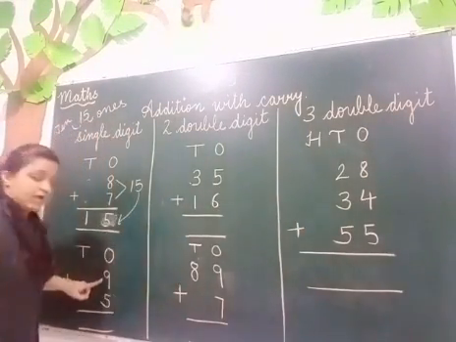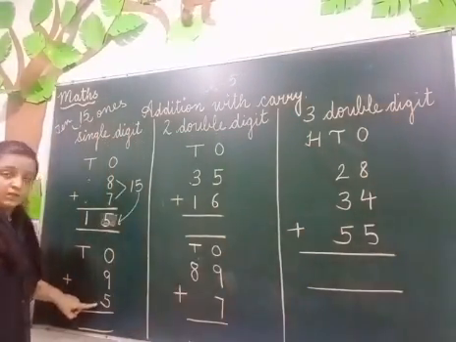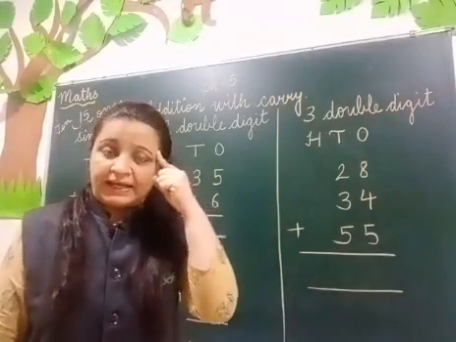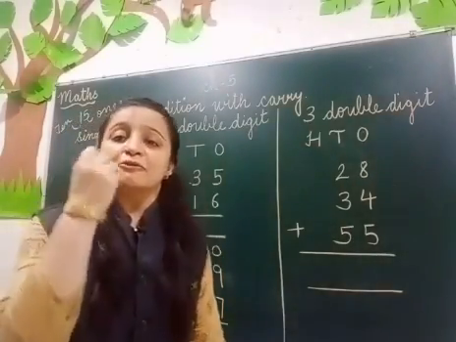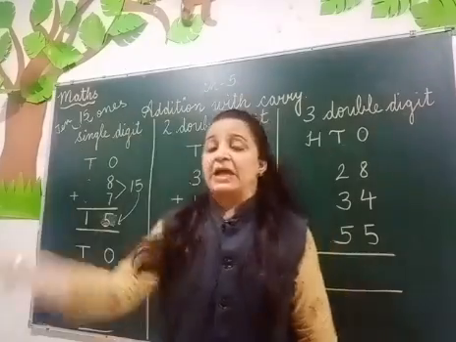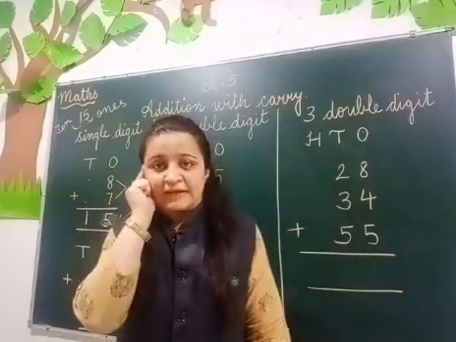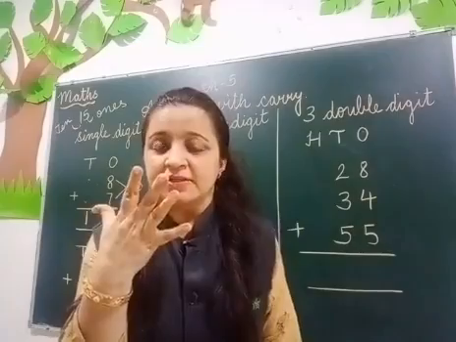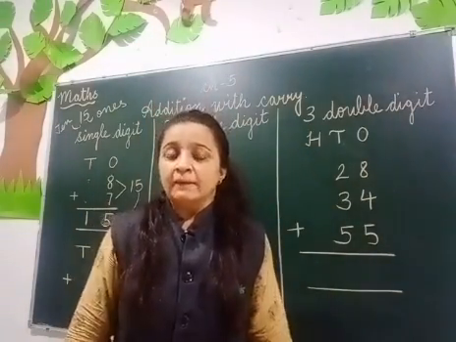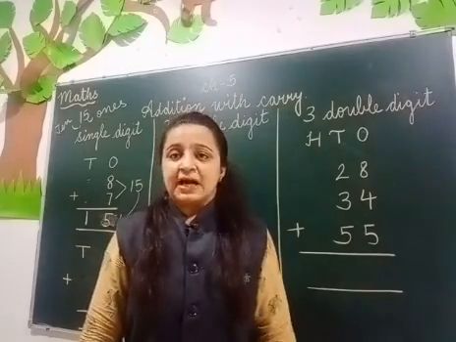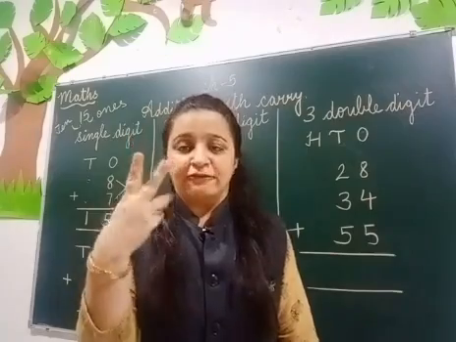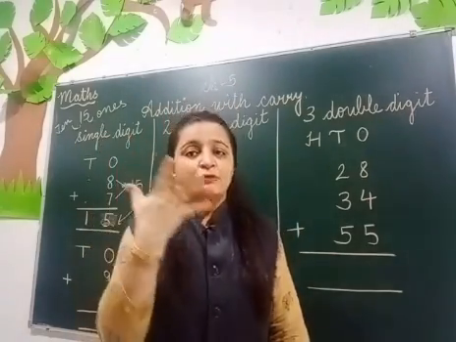Now let us see one more example. Okay, 9 plus 5. So what you have to do? You have to keep 9 in your mind and you have to take out 5 fingers. Yes, 9 plus 5. Keep 9 in your mind. 9 I have kept here. Now 5 fingers and do forward counting. Okay? Let us start doing forward counting. After 9, 10, 11, 12, 13, 14.